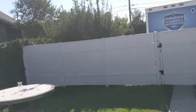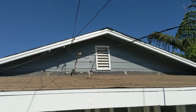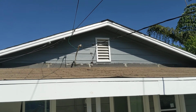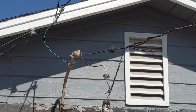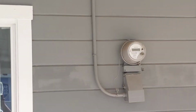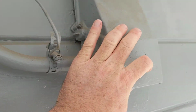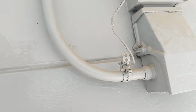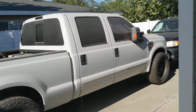Anyway, electrical. He noted this power line. It looks like it got pulled away from the house. Maybe they did that when they painted. I bet that's what happened. Anyway, if you look, that thing right there should probably be attached to the wall. And then this should probably be in there more. I guess you could screw it in. I guess that's not that big of a deal. But he said that from the meter out is all electric company. There's a couple items in the